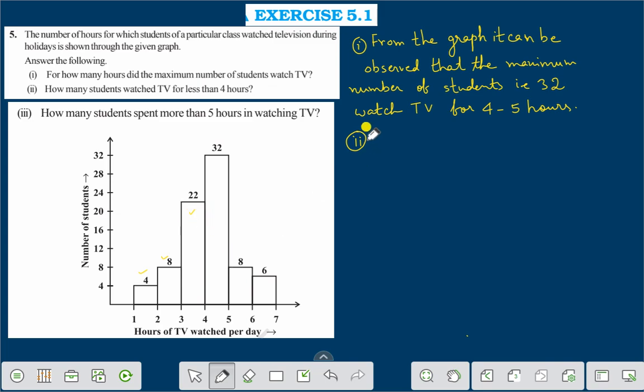That means the students who watched TV for less than 4 hours